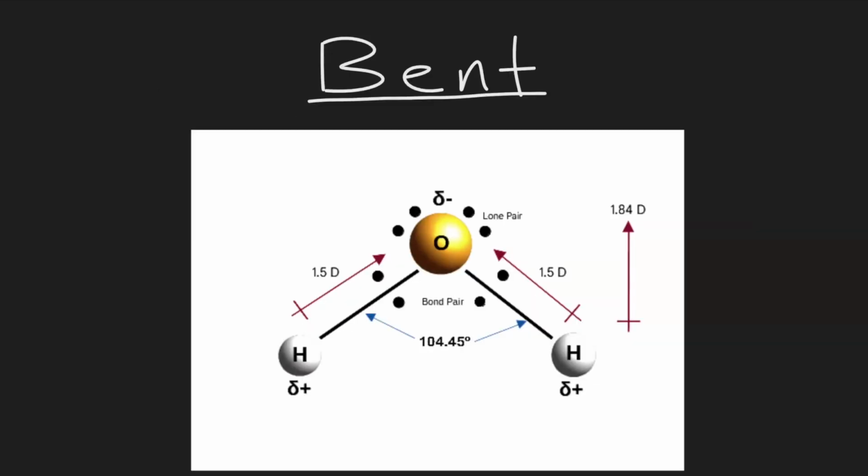Now I'm going to start going into types of molecular geometries, some of which have lone pairs surrounding the central atom. The effect of this is significant because it forces the bonded electrons to move in such a way that the dipole moments might not exactly cancel out, like we saw with carbon dioxide. So in this picture, you can see that the dipoles between the hydrogen and the oxygens are not 180 degrees apart. They're about 104 to 105 degrees apart. This forces the water molecule to take what's known as a bent shape. And this is mainly because of the lone pairs